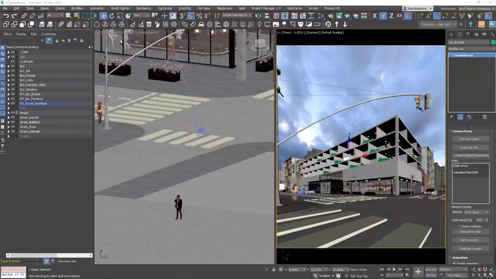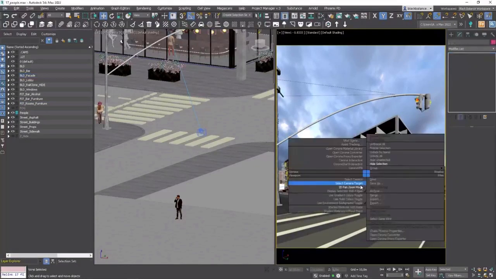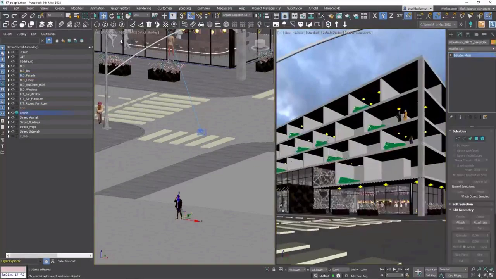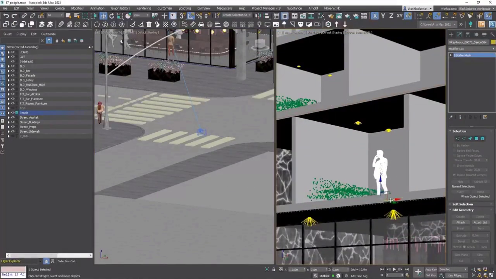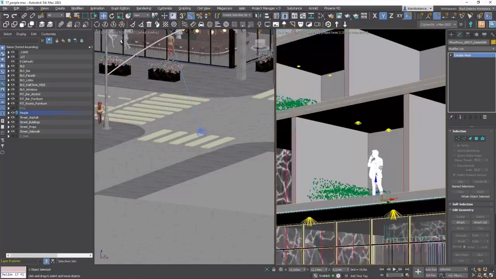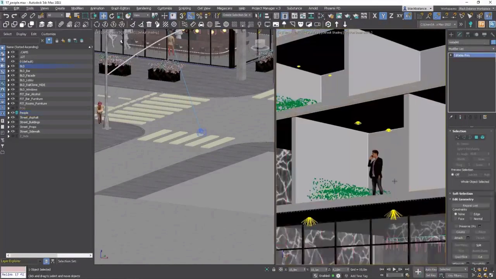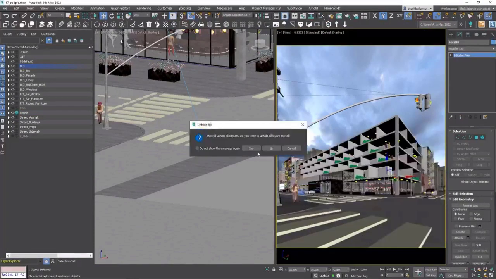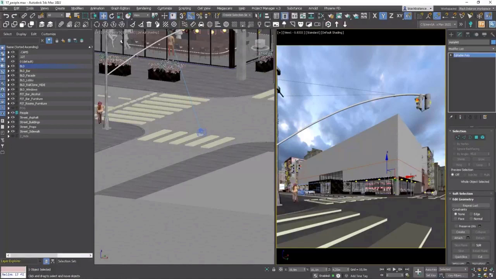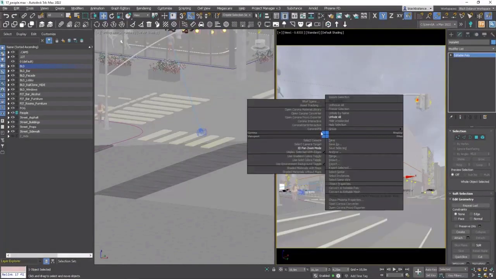And finally, let's hide the part of the facade and let's position the last model somewhere here. Let's start interactive rendering and let's check the results.